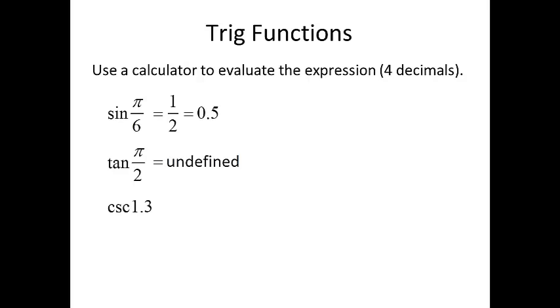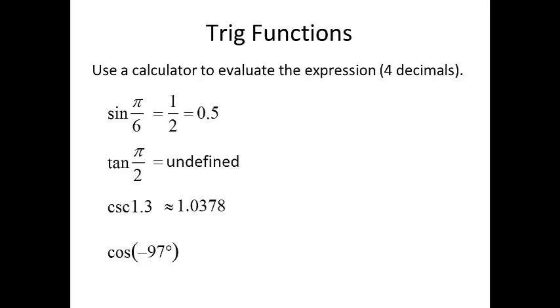On the TI, I believe it's in the middle to the left. On the Casio, it's shift close parentheses, and you should get 1.0378. All right, and then cosine of negative 97 degrees. Now, remember when I said before,